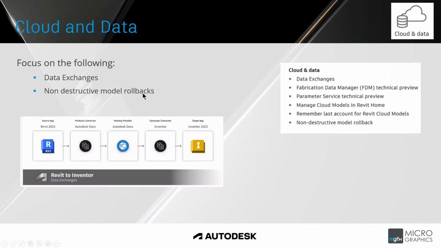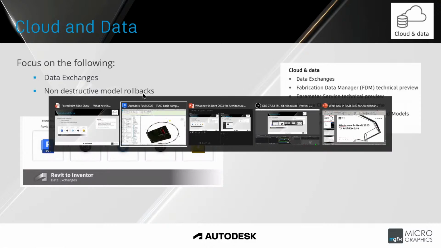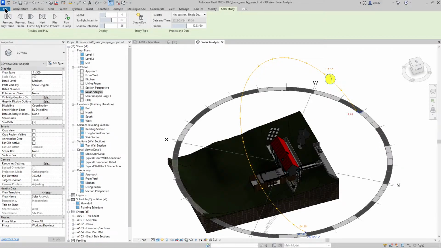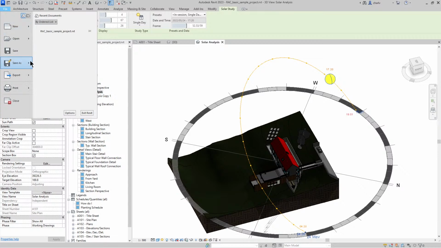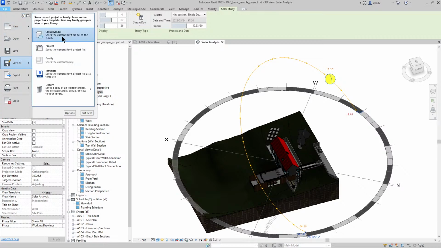Lastly, it's just the rollbacks. There's also a cloud-based model. Basically, it's an improvement. Just to give you an idea, if you go File, Save, you can save your project as a cloud model. What it'll do is upload it to the cloud. You don't have to share anything. It's just a cloud model, and later on it sits on the cloud, and it's obviously